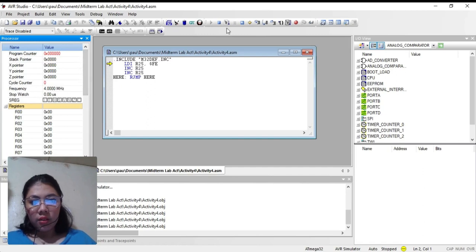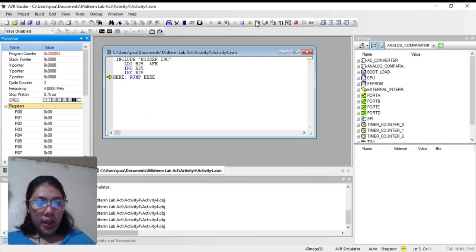In our first increment instruction, the flags S and N are turned on and the C flag has not changed, meaning it has not exceeded the 8-bit register. As we go to the next increment instruction,